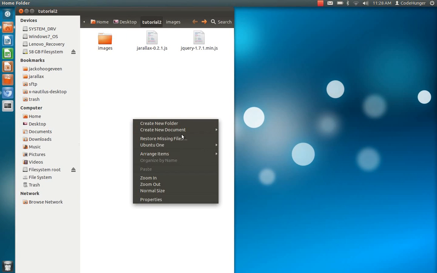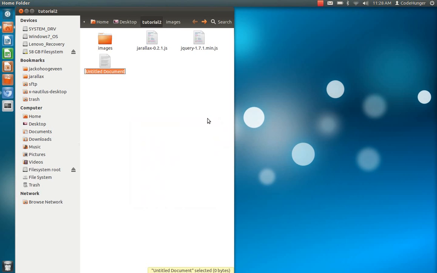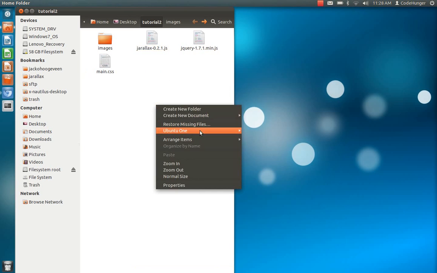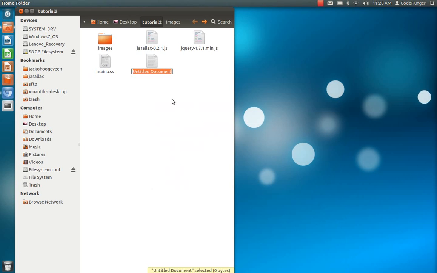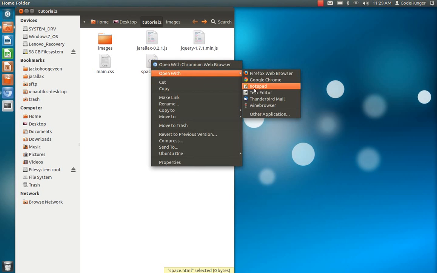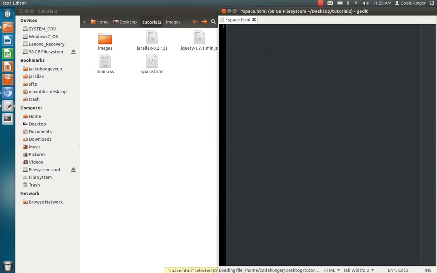Again, we are going to create an HTML file and a CSS file. So main.css, and I'm gonna create, I don't want a folder, empty documents, space.html. Gonna set up the basics for my HTML file. So doc type HTML, closing HTML,